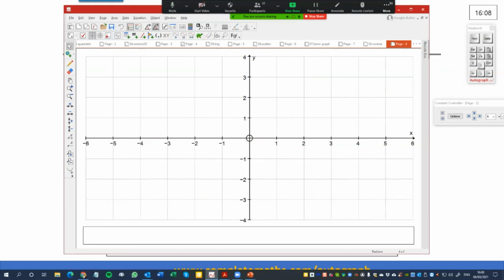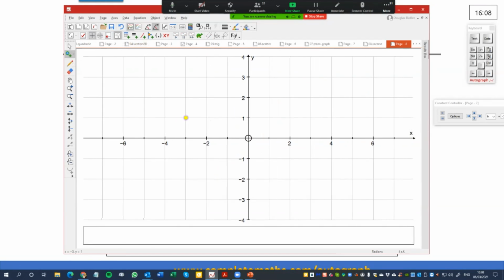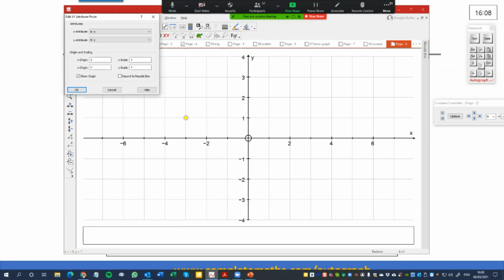So let's just start this from scratch very quickly. I'm going to put a point on here at -3, 1. Let's have equal aspect. Now I'm going to introduce you, in terms of new features, the calculator is fantastic because every object has an attribute and you can use those attributes in any calculation that you wish. And the other one is this XY. You can create a new attribute point based on attributes of what you've got selected. Now I've got this point selected, so its X is -3. But if I want the X of the new point to be the Y of this, and the Y of the new point to be the X of that, that is the seed corn of